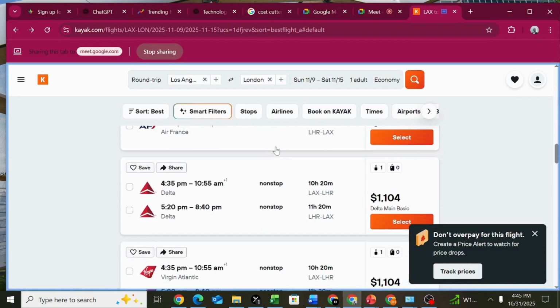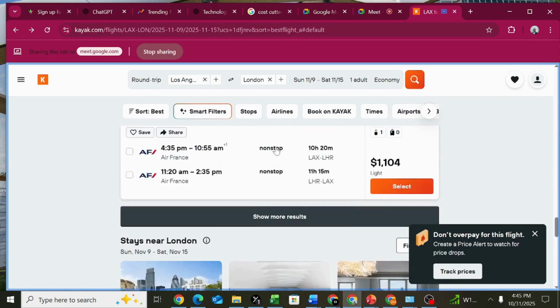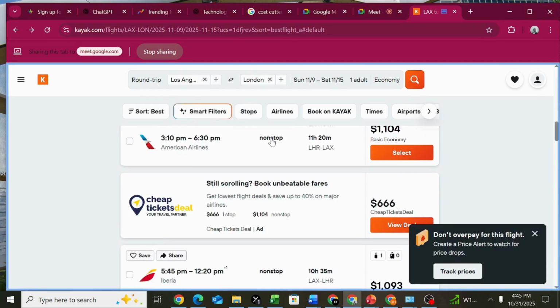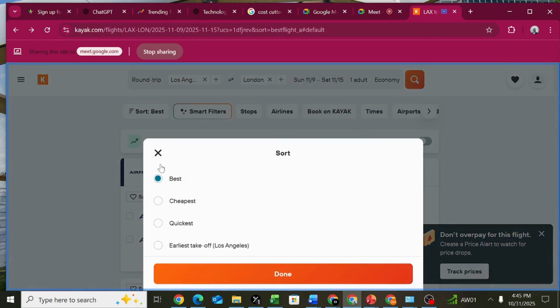And we have like 15 deals of similar amounts. You can even sort from the best or from the cheapest. You can sort from the quickest flight. You can sort from the earliest takeoff. So let's try and sort from the cheapest. Click on done.